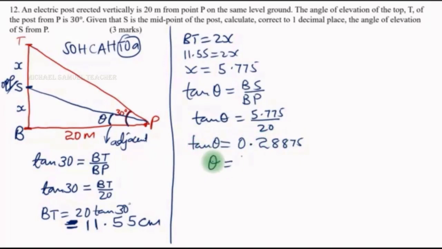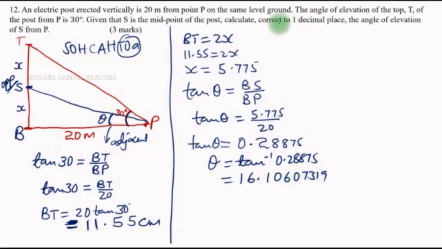Then theta will be tan inverse of 0.28875, and I will end up getting 16.1060719. But the question is asking to correct to 1 decimal place, so this will be 16.1 degrees. Next,